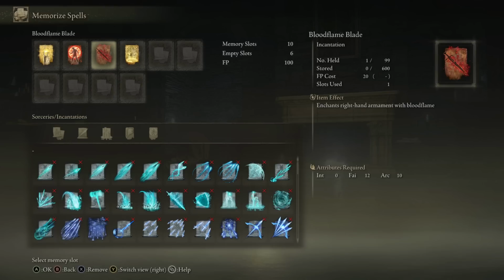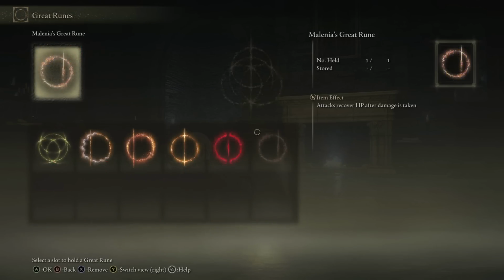Then finally Blessing's Boon, just for our health regen buff slot, for a flat 8 HP regen per second for 90 seconds. Then we should talk about a bonus, sort of cherry on top for the build: your Great Rune. We don't normally recommend specific Great Runes for most builds, as usually they're not specific to the theme that we're going for, but this is one of those rare exceptions where a Rune Arc will absolutely dramatically alter the feeling